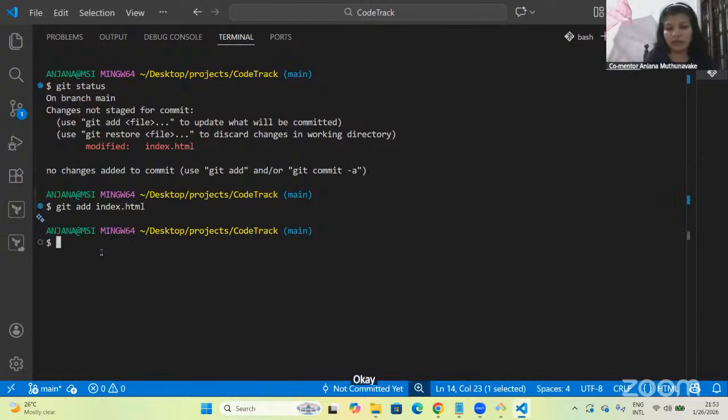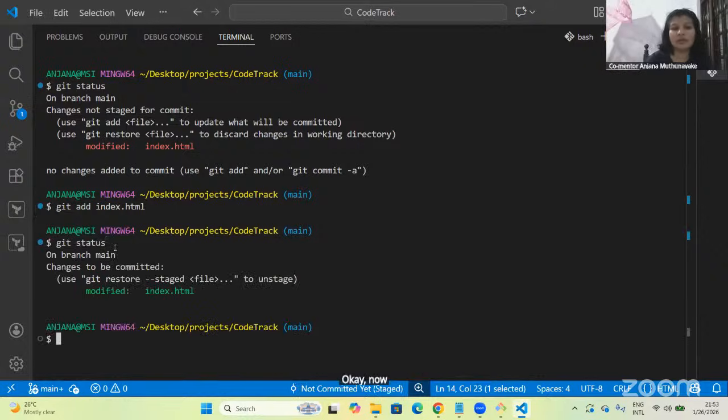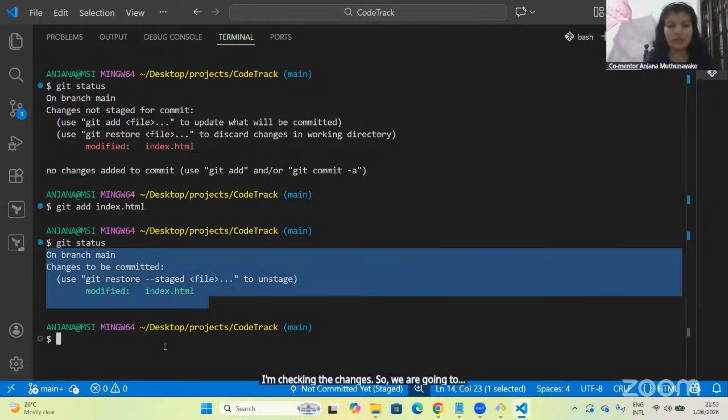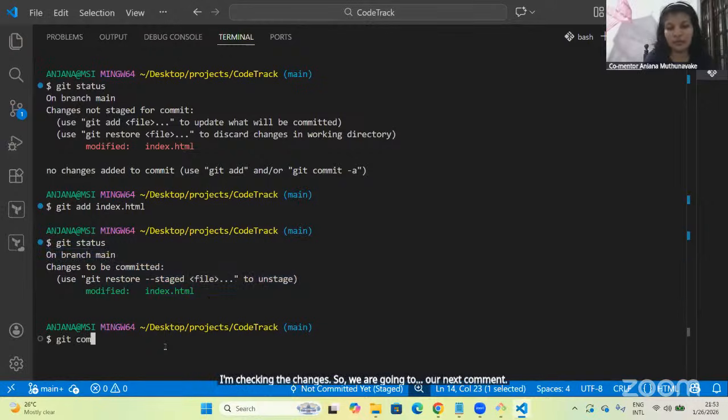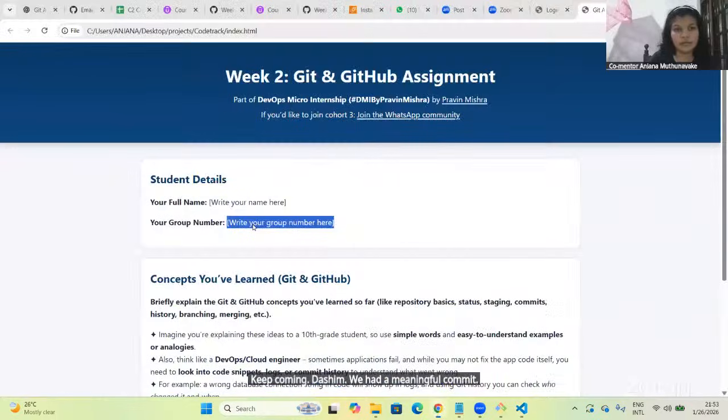Okay, let's run git status again to see what happened. Okay, now you can see git is telling us yes, I'm tracking it. I'm tracking the changes. So we are going to add our next commit. Git commit -m. We had a meaningful commit in our